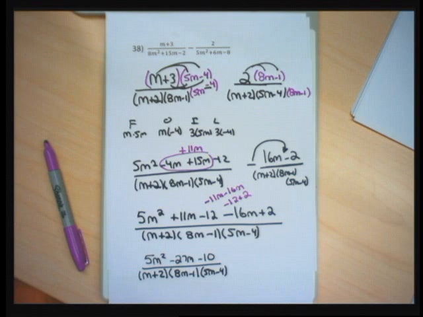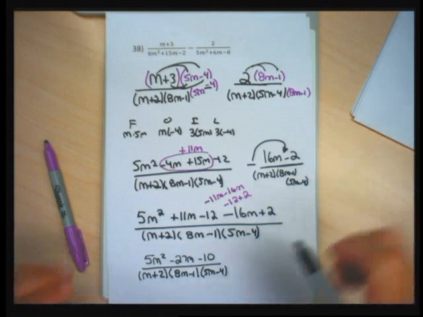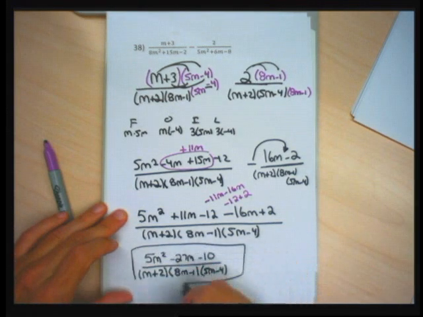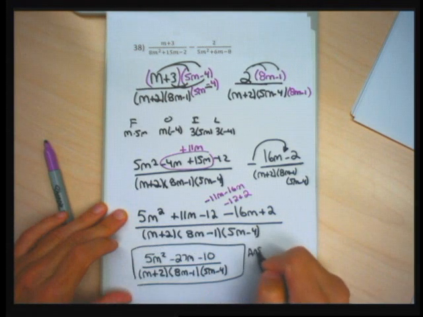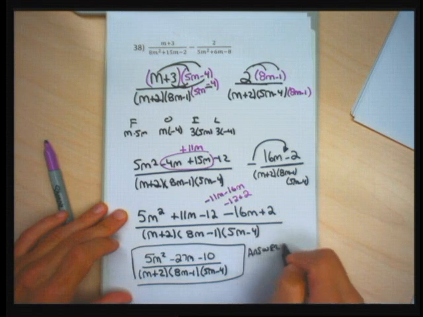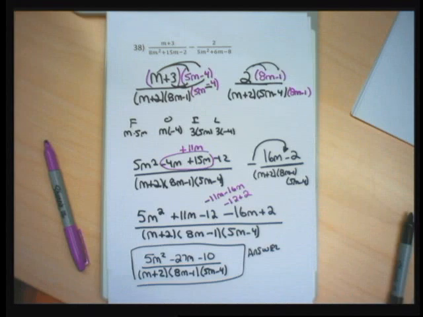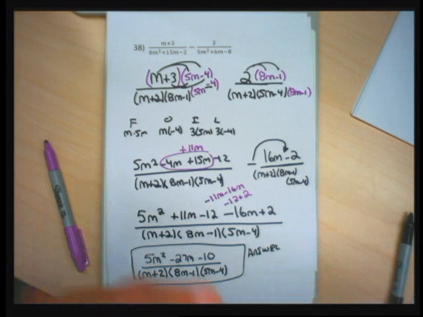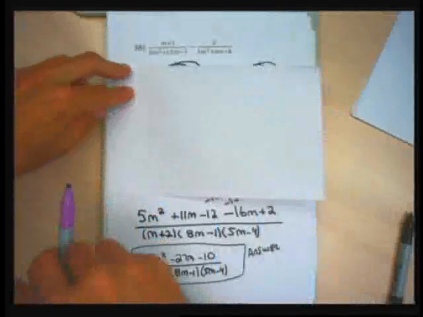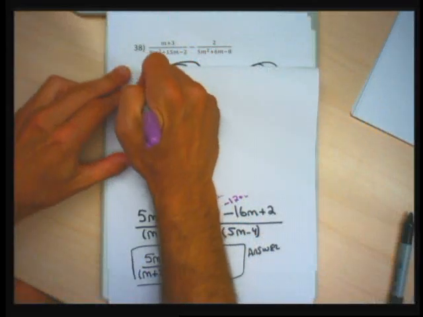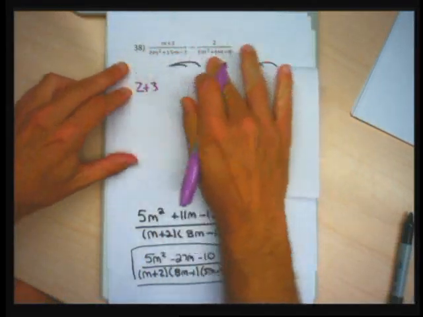So almost ready to check, or I am ready to check. I'm going to plug in 2 to my original problem, 2 to my answer, and I believe that this is the answer. So now I'm going into checking mode. I'm going to take the original problem, change the letters to a 2, and then in my answer change the letters to a 2. So here I'm going to go 2 plus 3 over